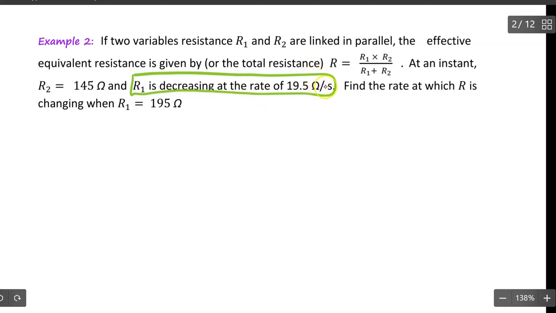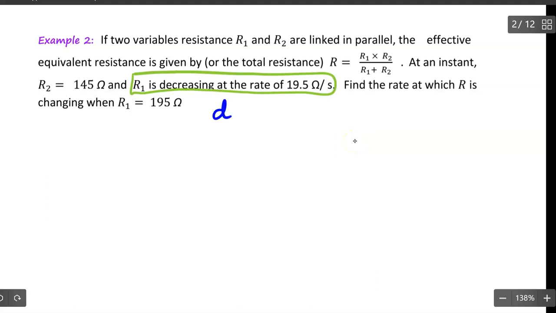So this ohm per second will tell me that I will have the differentiation of the resistor with respect to time. Alright, so I am going to write this down. So derivative of R, but what R is this? Is R1, right? with respect to time. So dR1 divided by dt will give me